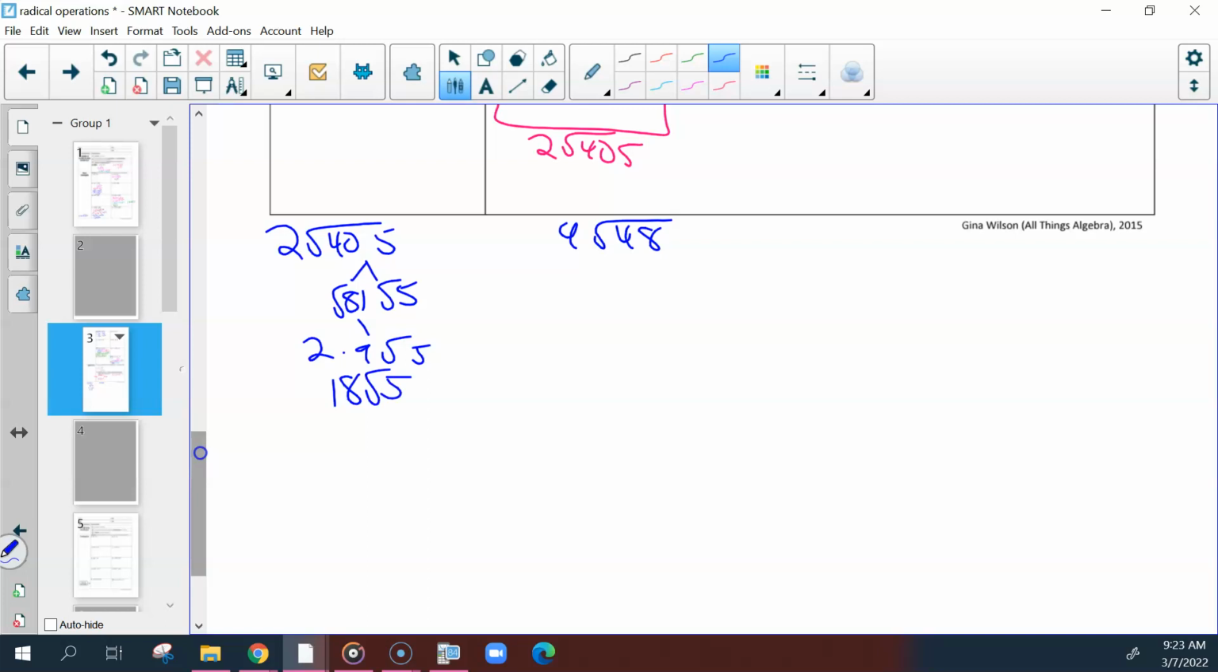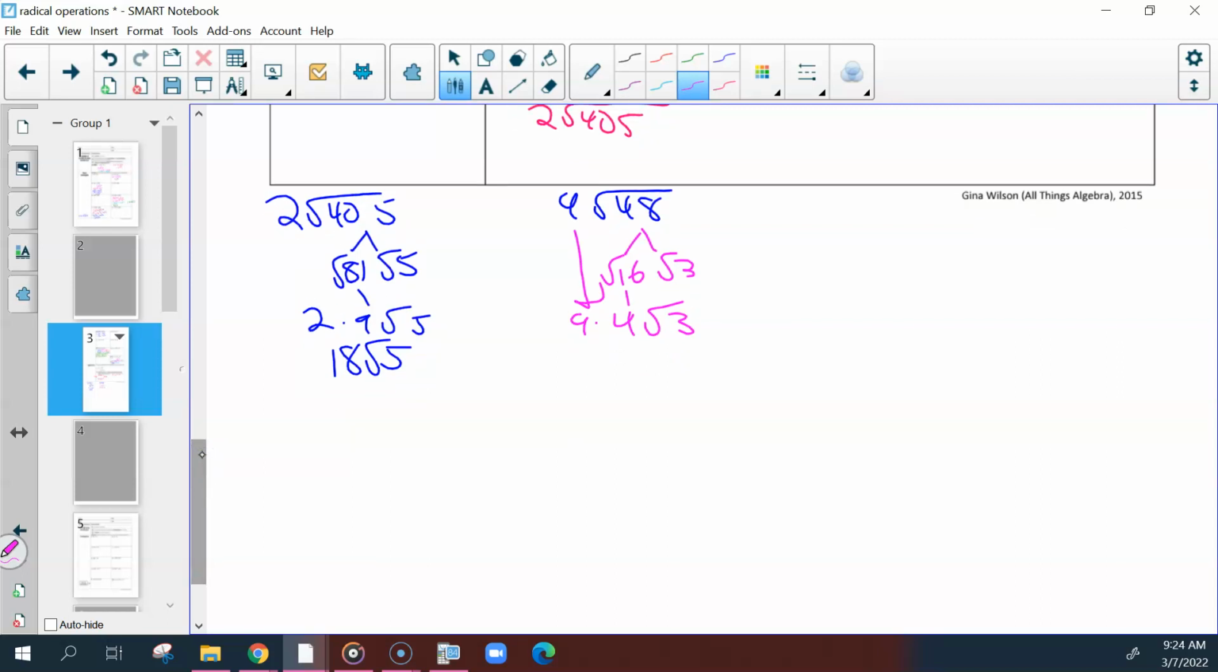And then what is the highest perfect square we can divide out of 48? 16 and 3. The square root of 16 would be 4, and we would bring down this 9. So just this part simplified would be 36 times the square root of